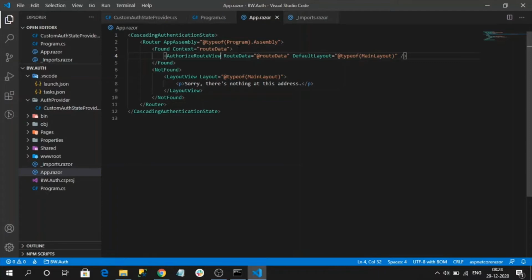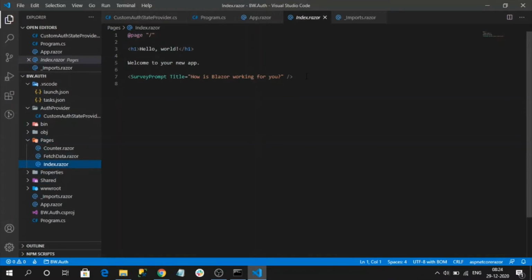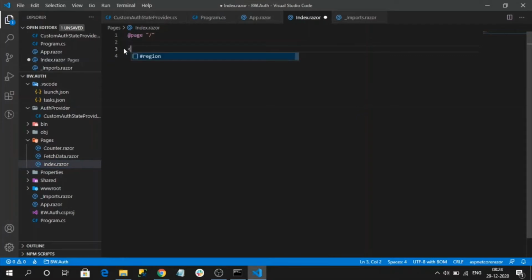Okay. Now we need to do some authorization process. For that, I'm going to use the existing page component like Index.razor. So let me get rid of all this. Here I can use an inbuilt component like AuthorizeView.